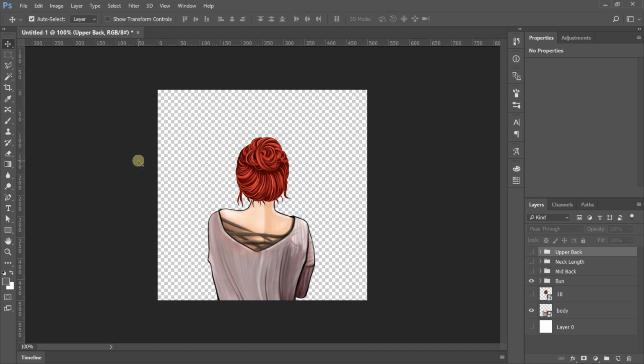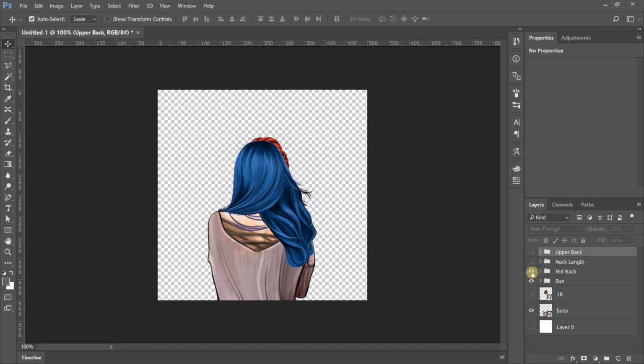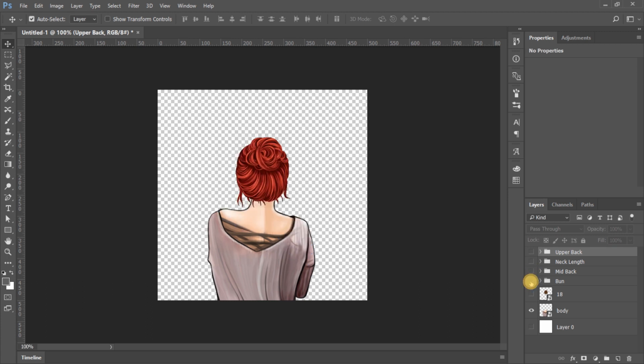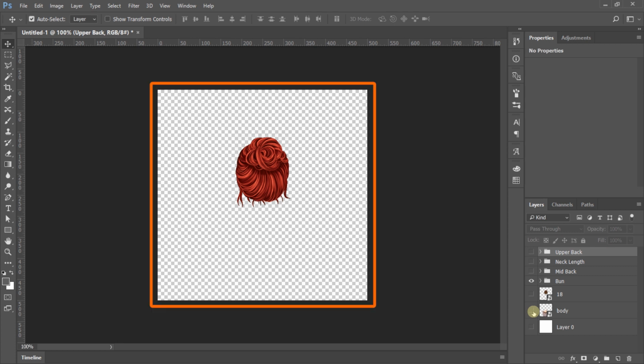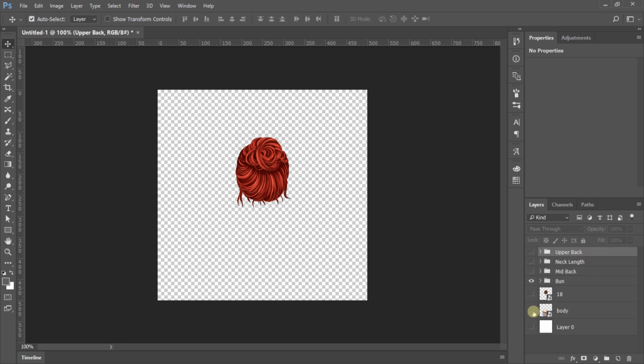After finishing all categories, it's time to export them in the correct size. We will export category one by one. So remember, for each export, we will turn on the visibility of one category only. And, don't forget to hide the body layer either. The output must be the overall size of this file, including the blank area.